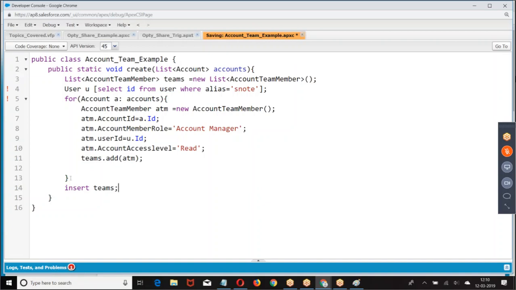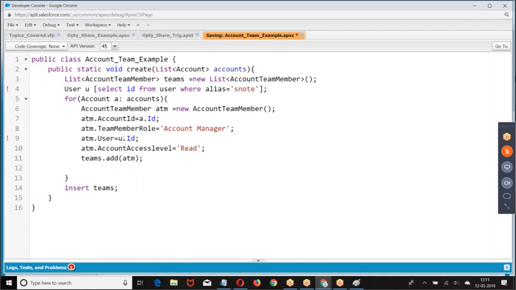So what I was trying to do, look at the point. Team member role, account manager, user or group ID. What is it?